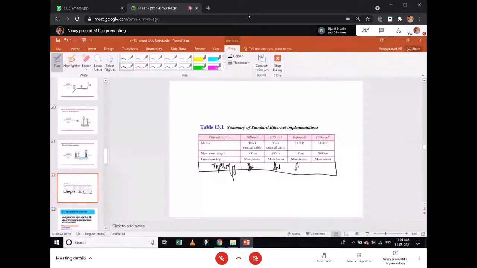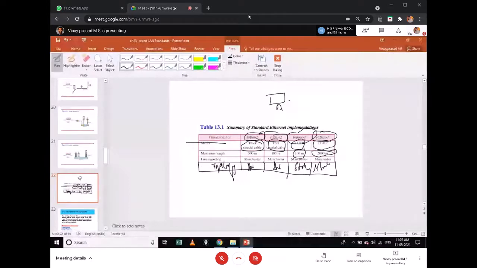Okay, so as I said, your network should be connected in the form of star or bus, and this would be used among each of these different types of implementation: 10Base5, 10Base2, 10BaseT, and 10BaseF. And what was the media used? Here it is coaxial, thick and thin. Here we used the UTP twisted pair cable, and here we use fiber. So what was the distance that you could use here? 2000 meters.